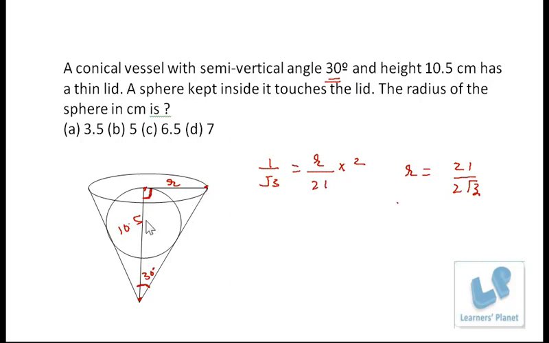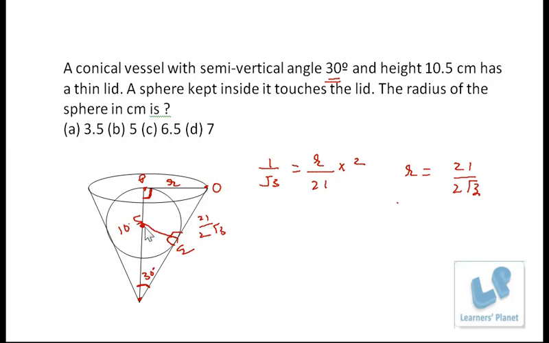Now we have to find out the radius of this sphere. Suppose this is the center, so this will be the radius of the sphere, and this is the tangent to the sphere. So the angle between radius and tangent will be 90 degree, right? Now suppose this is O, P and Q. OP and OQ, both of them will have the same length because these are the two tangents from a single external point, right? So OP or OQ will be same. So if it is 21 by 2 root 3, this will also be 21 by 2 root 3. That is the radius of this cone.